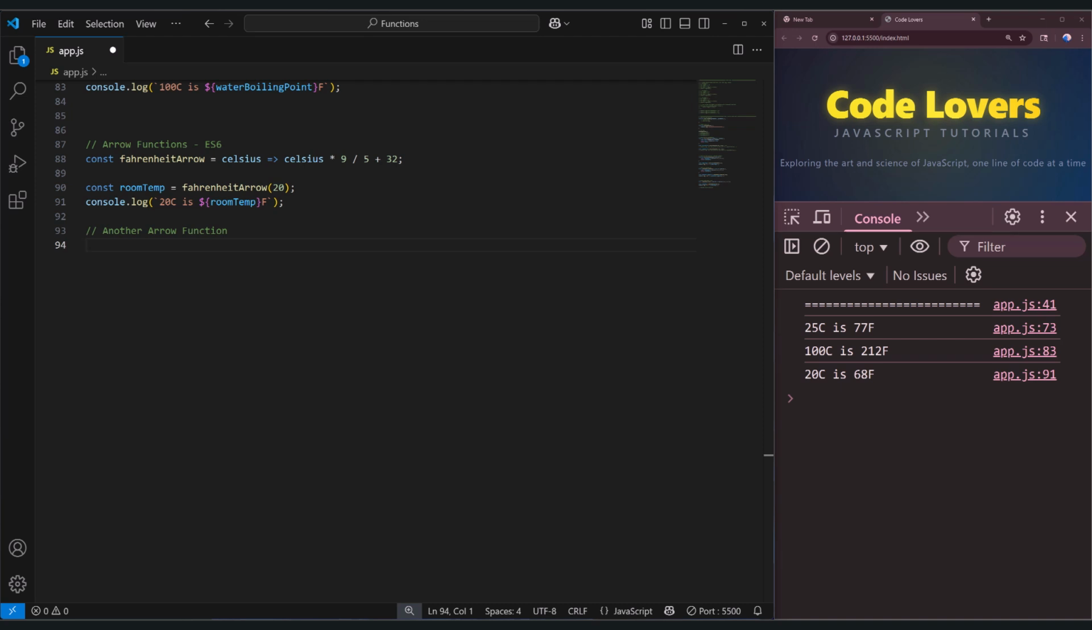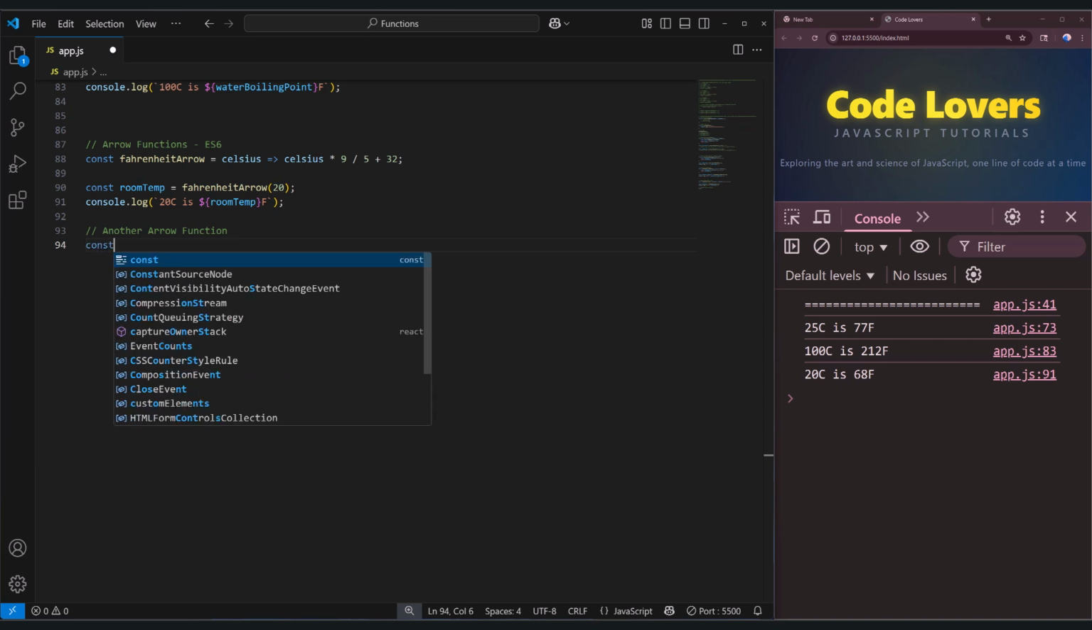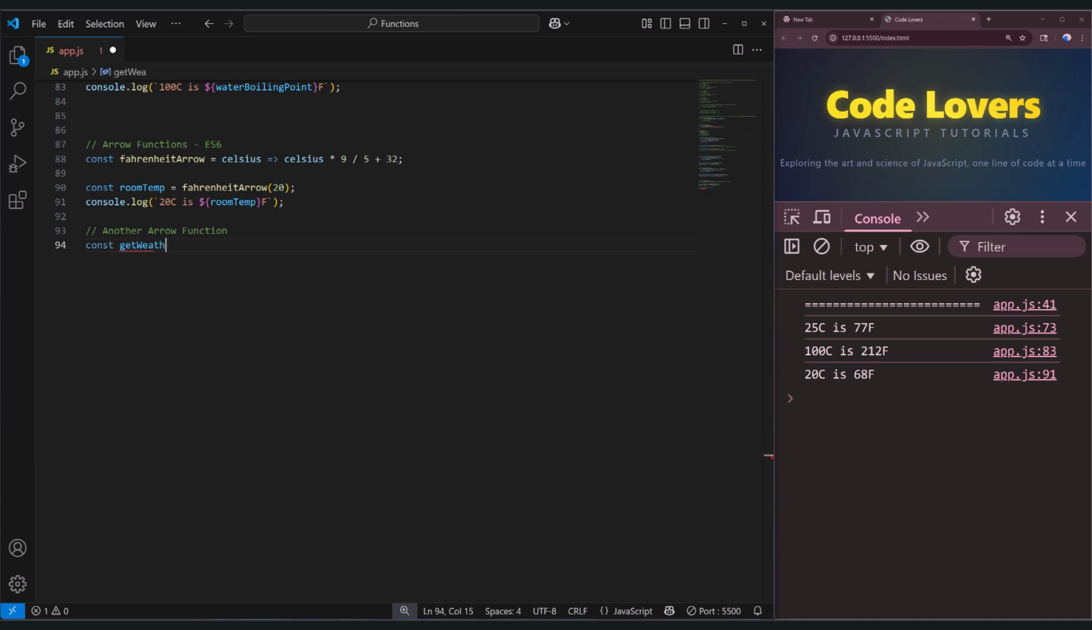So let's build it. Const getWeatherAdvice equals to, here, set of parentheses. And I have two parameters. So using parentheses is mandatory. Temperature, comma, name as inputs. Next, equal, greater, or fat arrow, curly braces, and inside it I write if